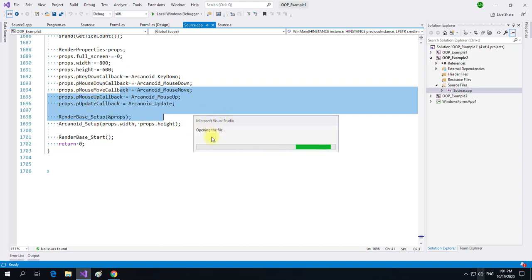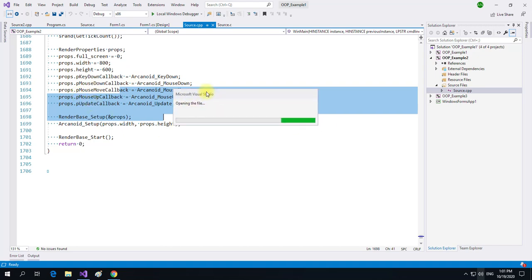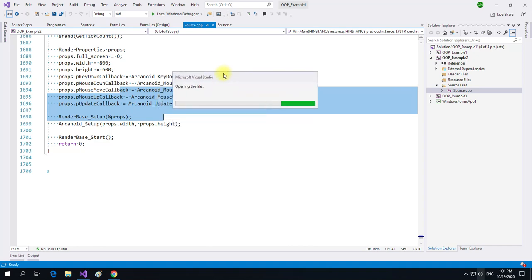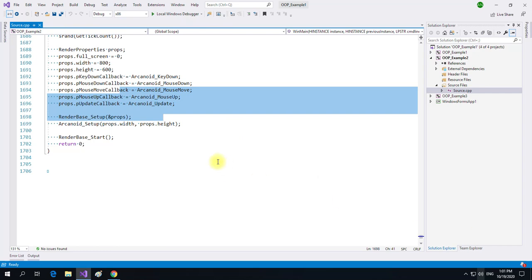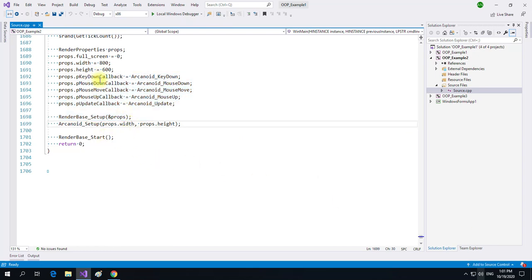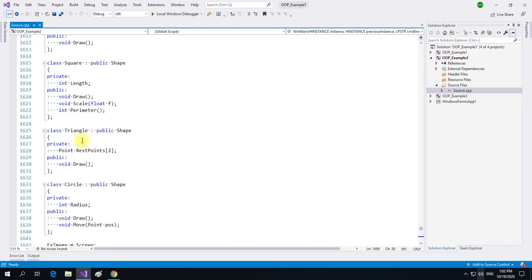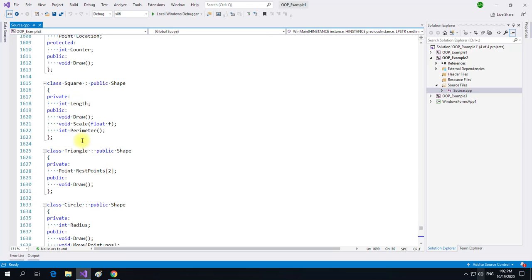Opening the file. Wow. It's hard to open a file with a couple kilobytes. Come on. Yeah, I think it looks for some updates. So, okay. I want to look at this code and make it a good example of object-oriented stuff with all this